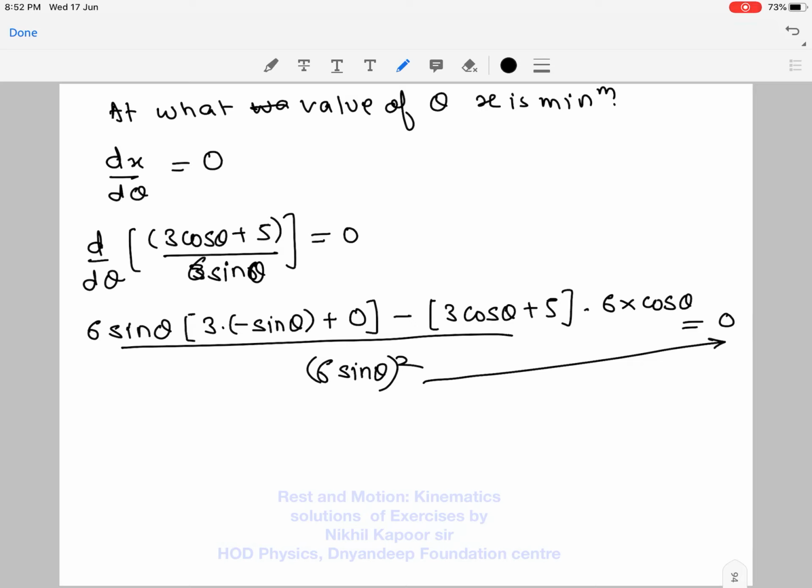So the denominator will go there and becomes equal to 0, while this 6 is also taken common. So this comes out to be minus 3 sin square theta